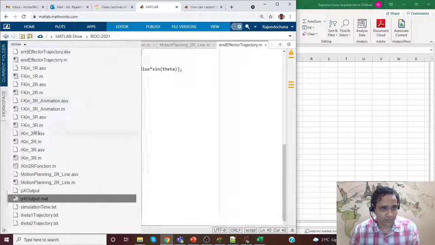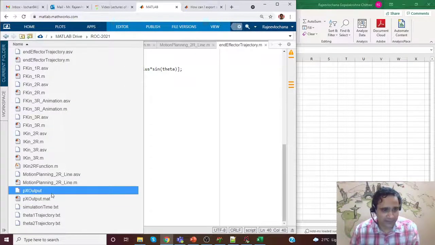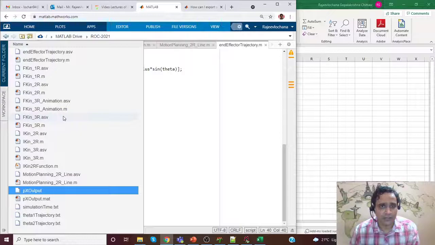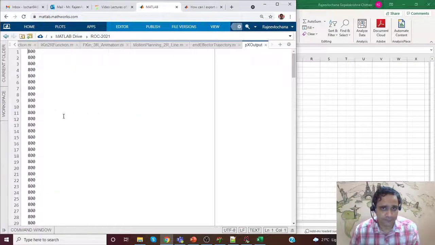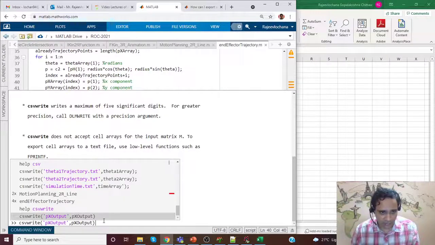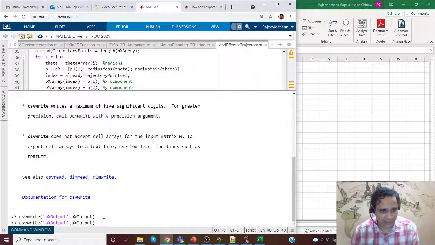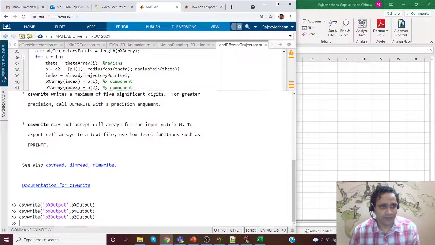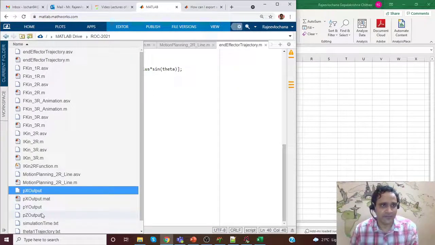Okay, so in the folder you can see there is a file that is saved. So I can open it, or I'll have to download it. Okay, you can see it has saved all the 800s. Fine. Let me try to quickly do the same. If I use the up arrow, it will let me get the last commands. You can just quickly change it, and similarly I'll do it for pz. Okay, so we do have three files, px, py, pz output.